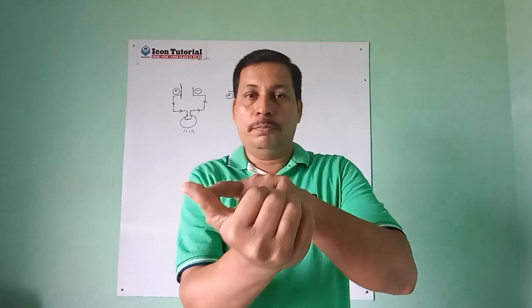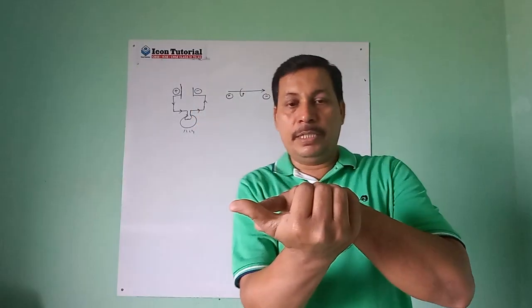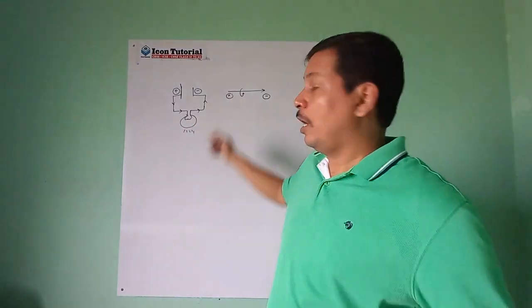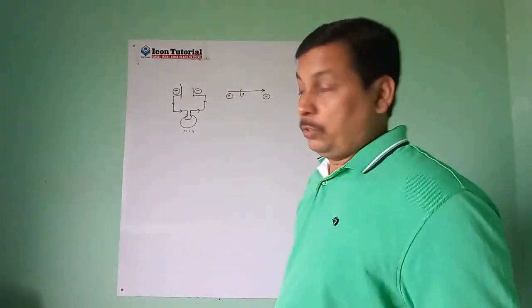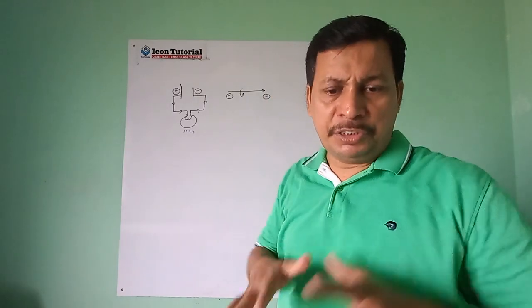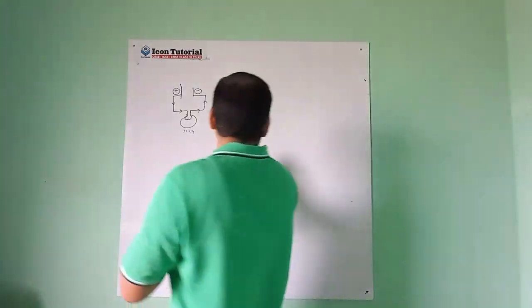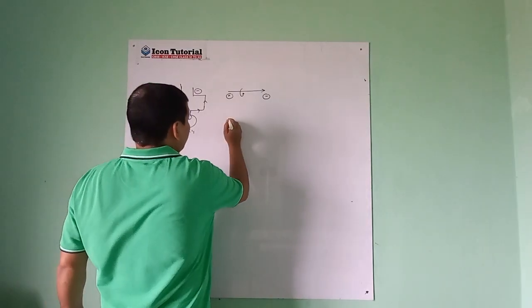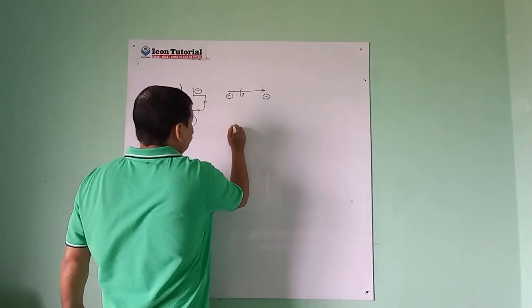So the thumb indicates the direction of current. The other fingers show the direction of the magnetic field. I hope you understood this one. I am discussing different situations, different cases. So this is a current conductor. If that current conductor has a loop,